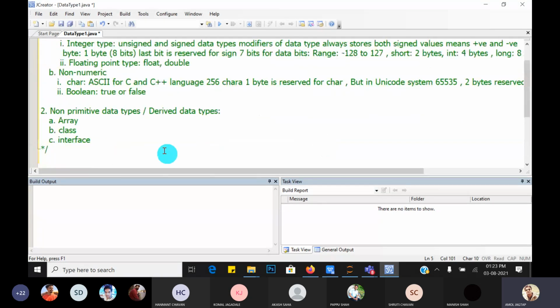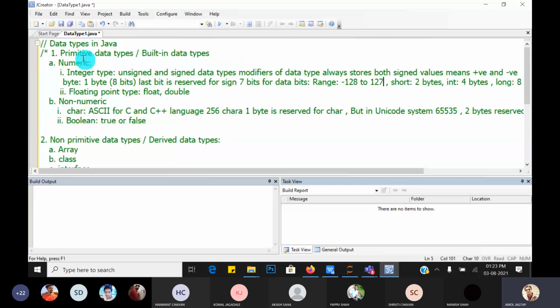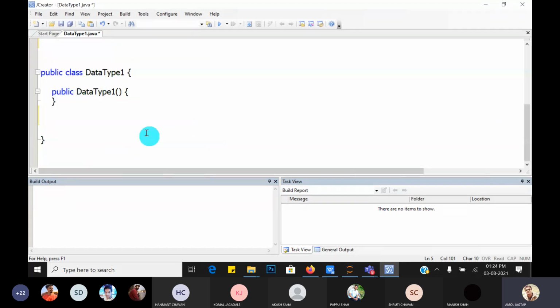So the main point is that in Java, among the numeric data types, in the integral types, the signed and unsigned modifiers do not exist. Okay, so let's take one program on that. This is the constructor. Every class in Java contains a default constructor or zero argument constructor.